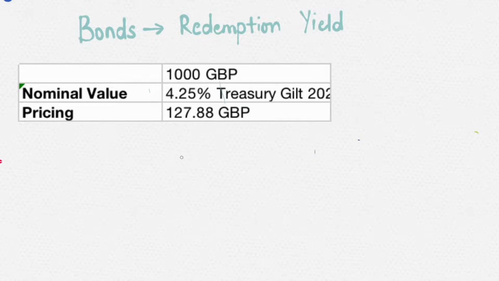So in this episode we'll be looking at a tool called redemption yield. Now in a previous episode we looked at using the interest yield to measure the returns on a particular bond. On its own, interest yield is insufficient as it does not provide a complete picture of the bond and